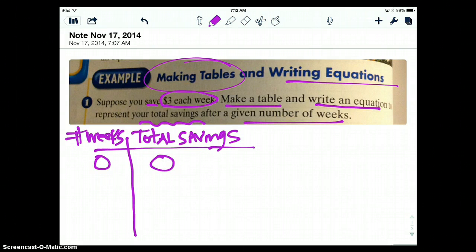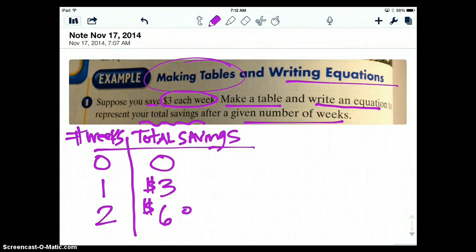Okay? We have a total savings of 0 so far because we haven't started yet. After 1 week, we'll have saved $3. Woohoo! At the end of 2 weeks, we'll have saved not 3, but $6 because